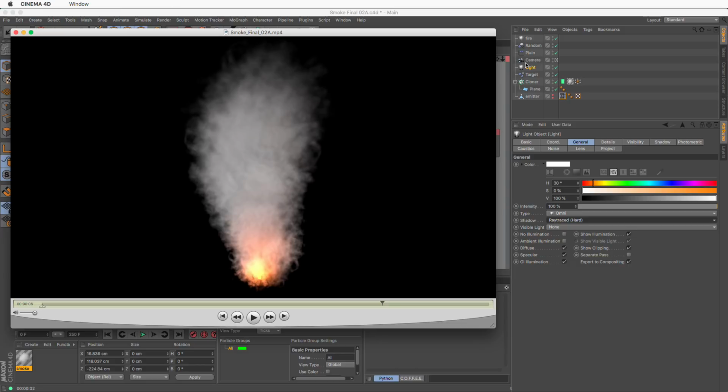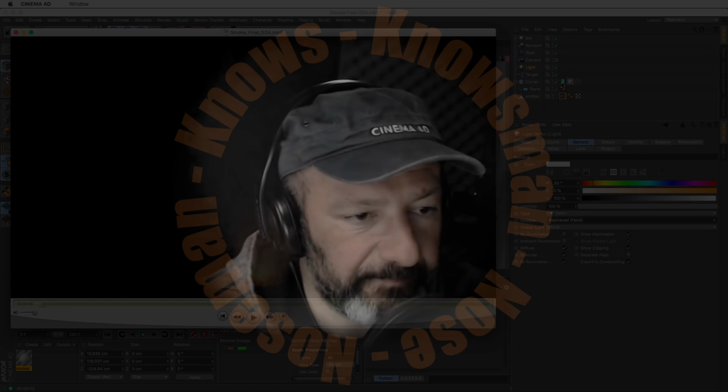And also don't forget to cache the MoGraph animation. And if you do any changes to any particle motion, make sure to delete the cache before you recache again. Otherwise you'll make changes in the particles and the MoGraph cloners, but they won't actually work because the cache takes precedence over any changes you make. So just select the tag, delete it, do the changes, and so forth.